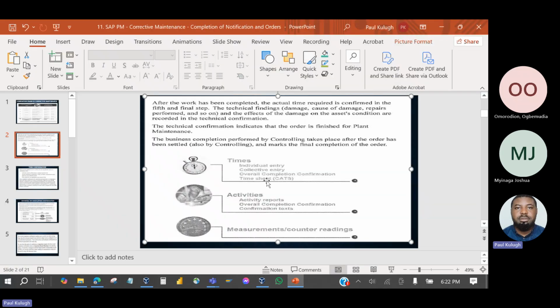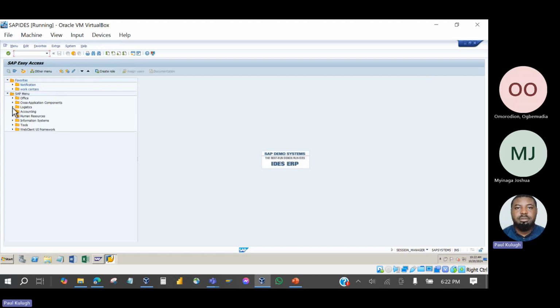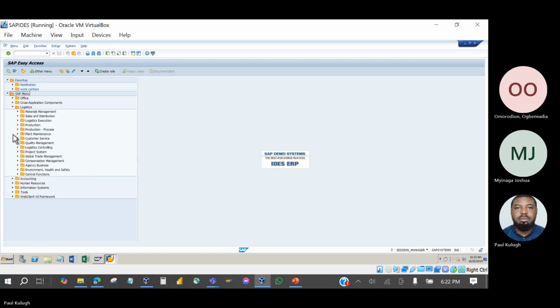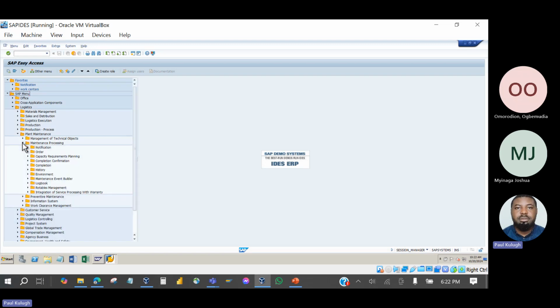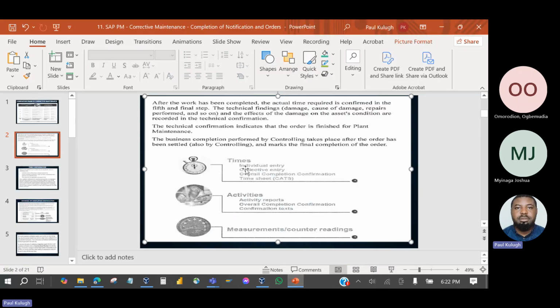So time confirmation, you can choose to do your time confirmation using individual entry or collective entry or overall completion confirmation. And you can find the transaction codes for this through the menu: logistics, plant maintenance, maintenance processing, completion confirmation, entry. Look at individual time confirmation here. IW41 will do individual